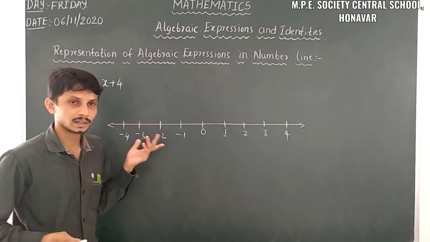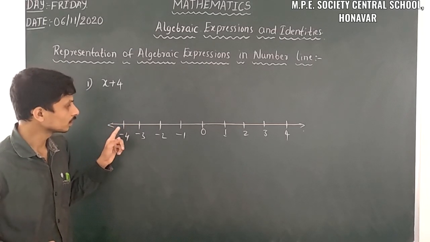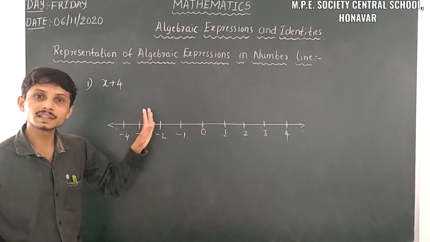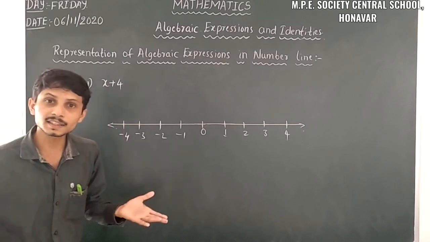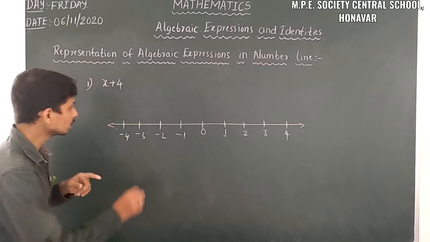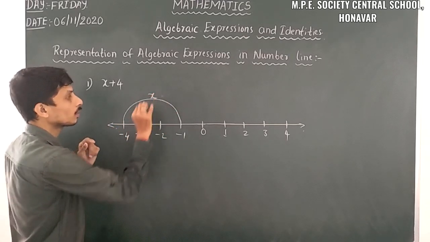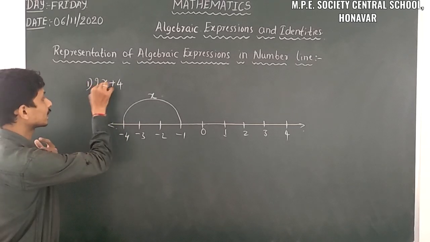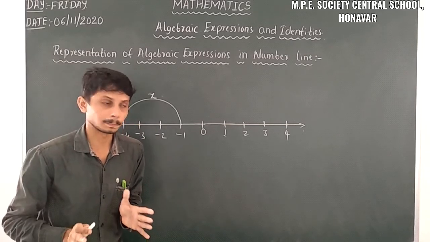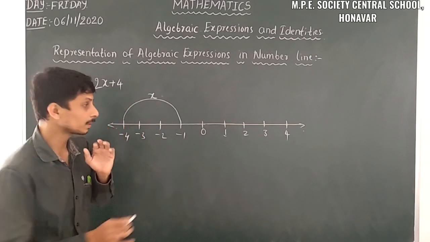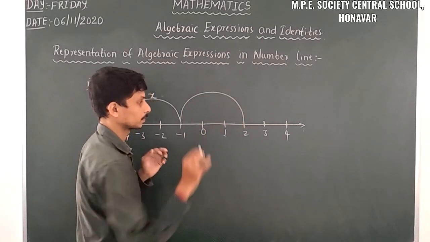For example, here the man is standing on -4. So the first jump is the variable, that is x. How many x are there? Only one x is there, so you can take that much jump. Yes, here I have taken one jump, that is only one x. If it is 2x, we have to take the same jump again. Here 1, 2, 3 is there, so we have to take 1, 2, 3 up to here only. Then we have to take another jump.